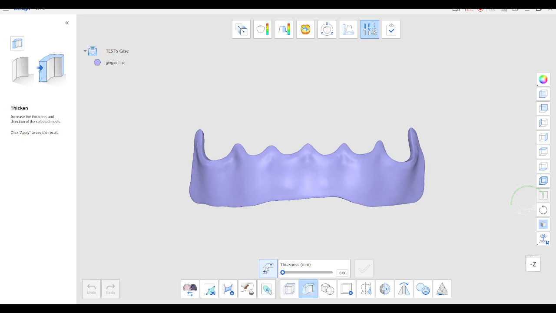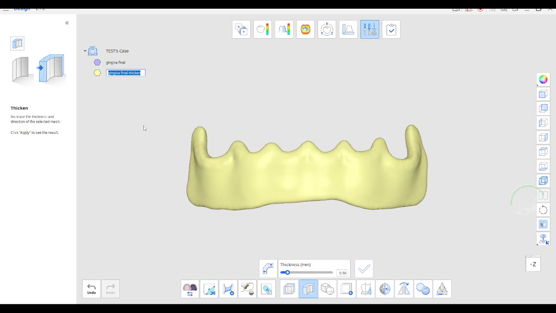actually outward by 0.5 millimeters. Okay. And that's going to be our gingiva for removal. So we're going to call it gingiva for Boolean subtract, so we know a little bit better. Okay. All right. So our next thing is our Boolean subtraction, which is this option